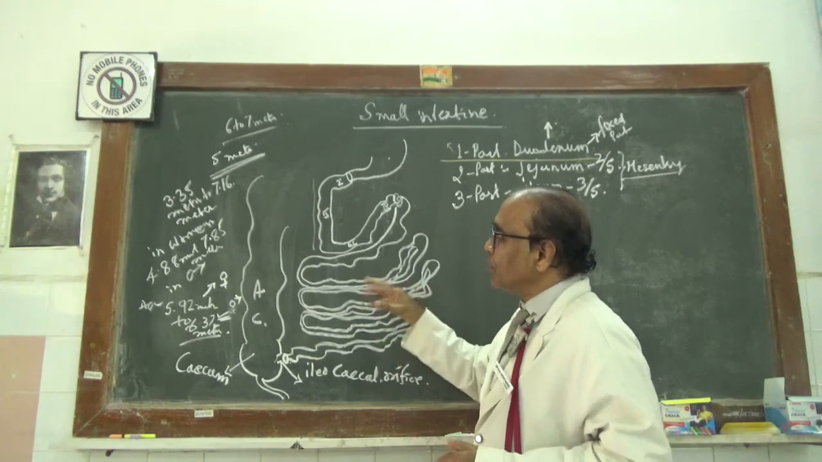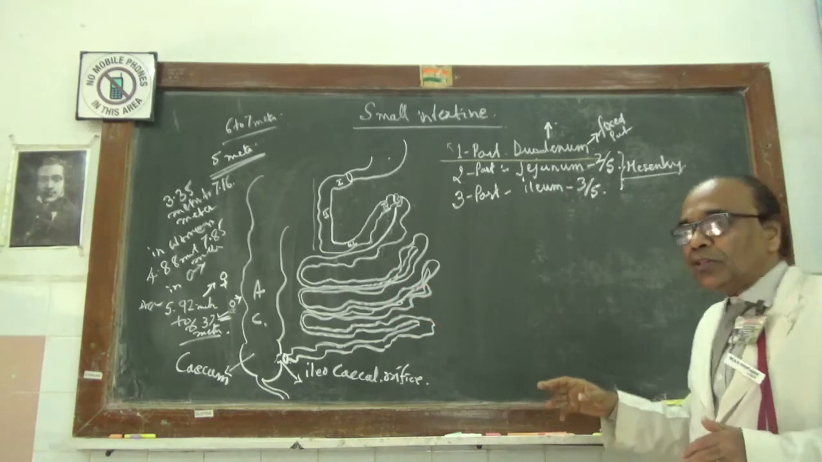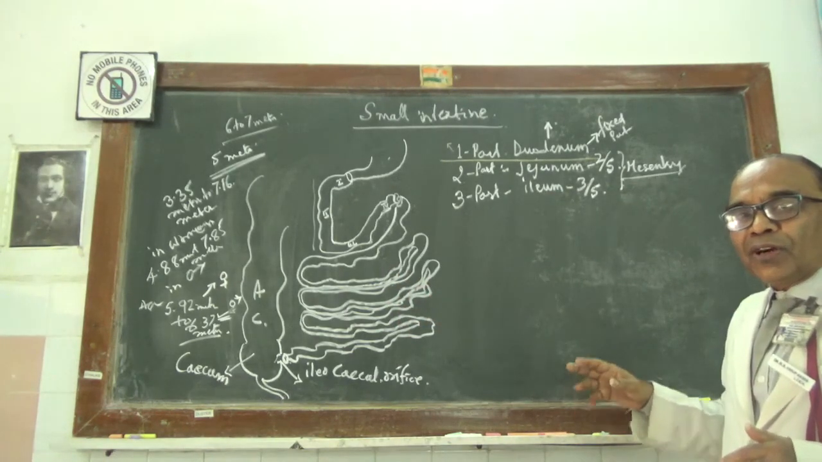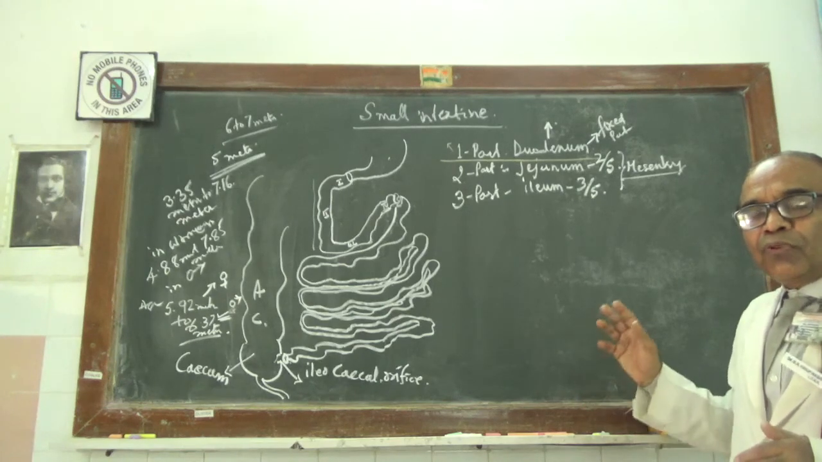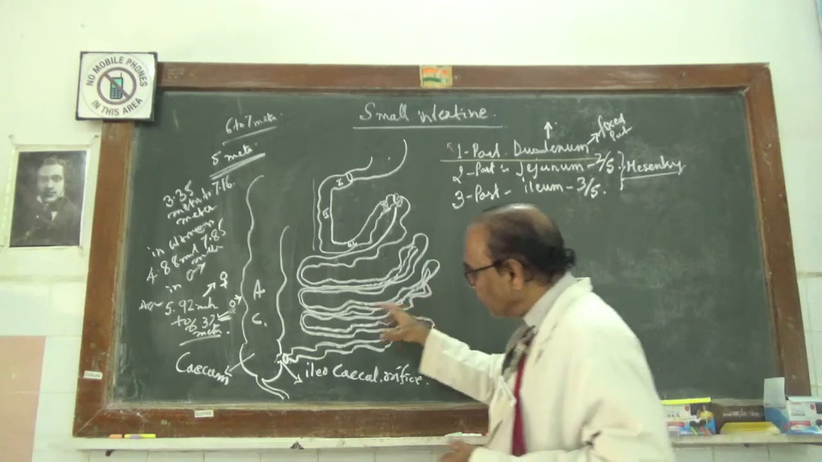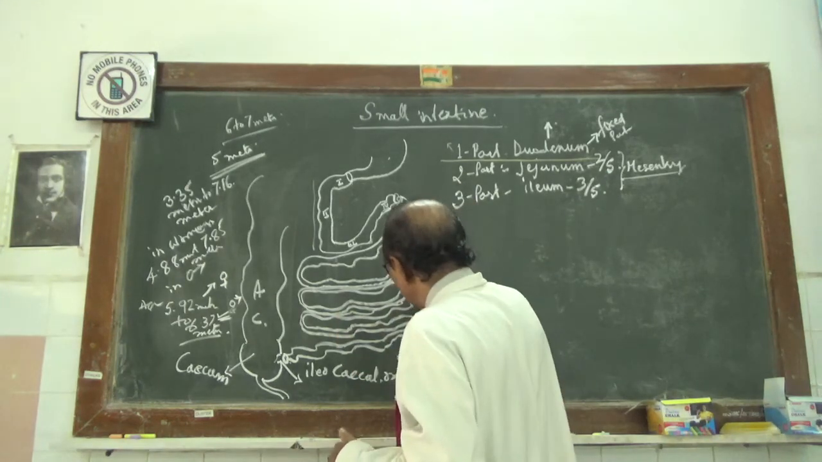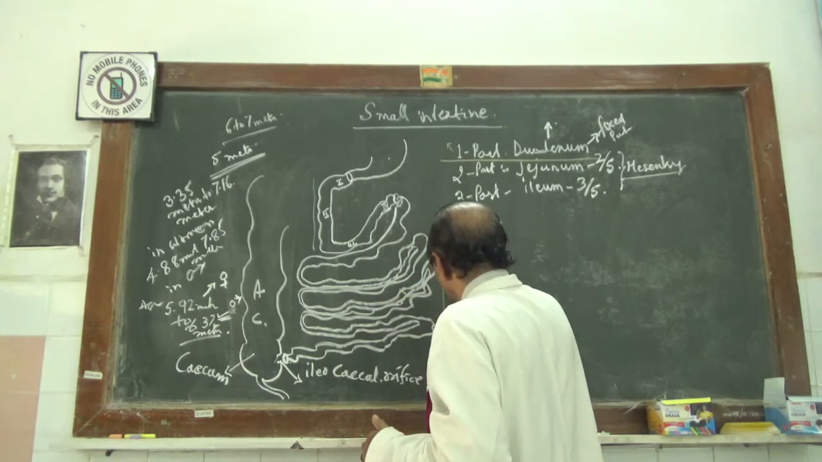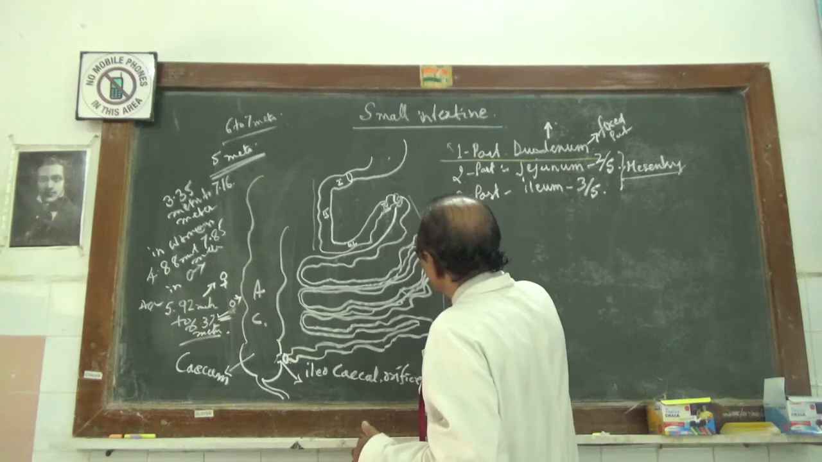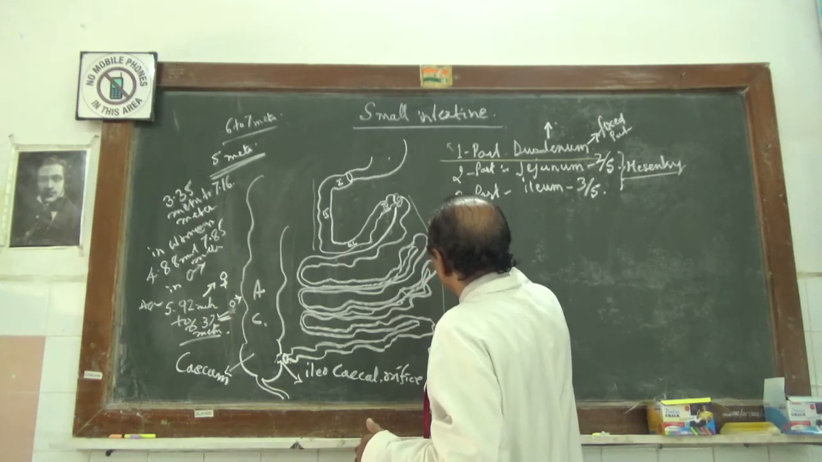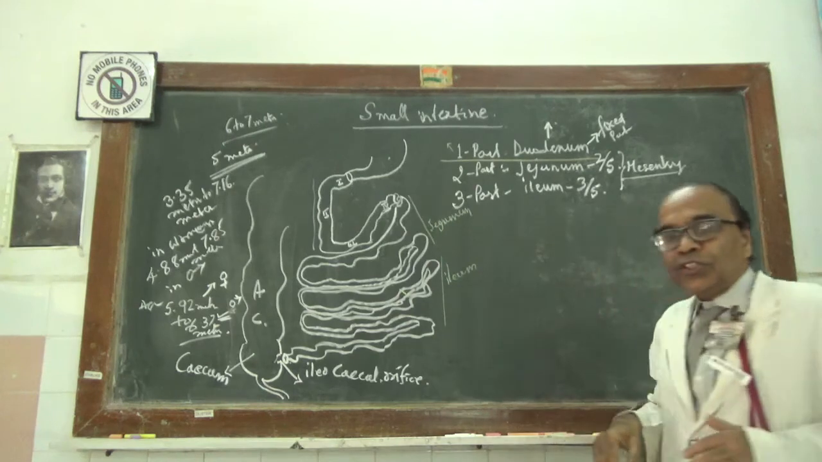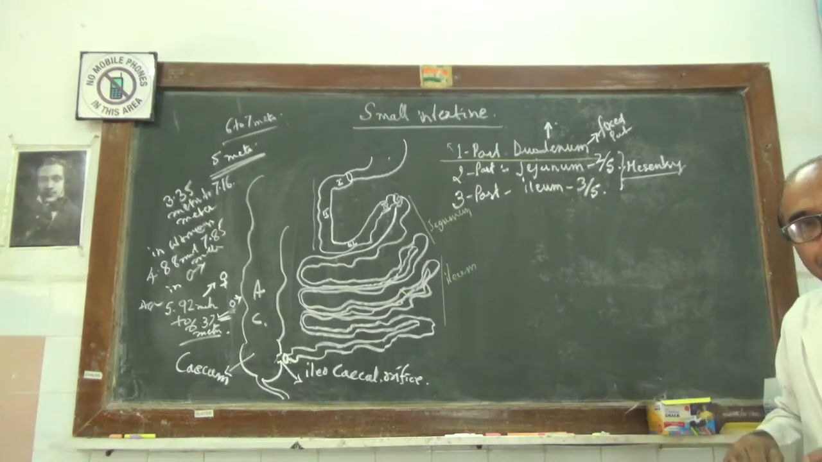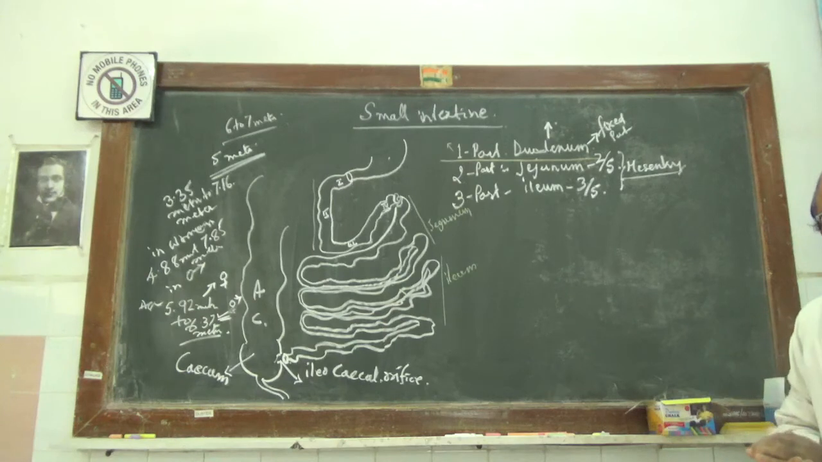But when it has traversed about 4 meters, it diminishes in size and becomes the ileum. So this portion is the jejunum. Jejunum is the one part of the remaining part of the small intestine, leaving apart the duodenum. Now this